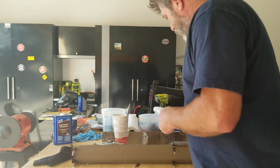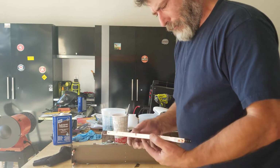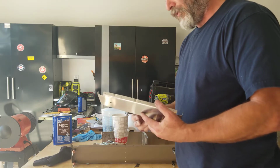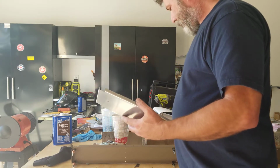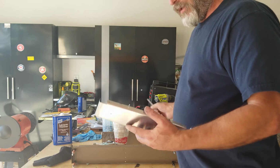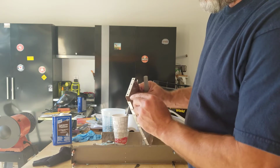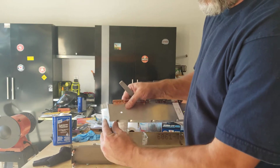Hey, it's Tim, and I am doing a quick video for you on the ribs on the tail section and the prepping that I do before I paint them. So, first, if you look at the corners, they're very sharp edges, and where they've drilled this radius, the edges leading